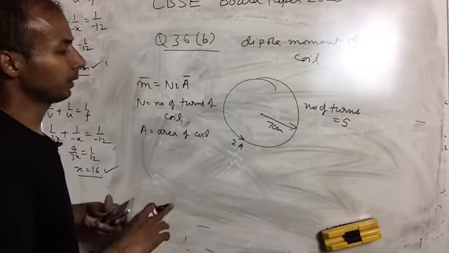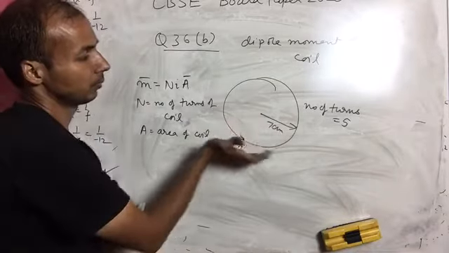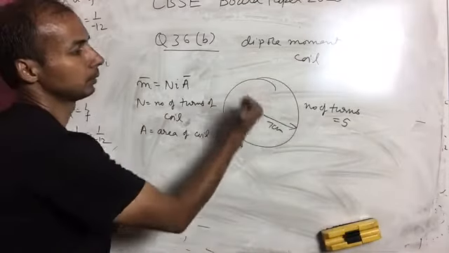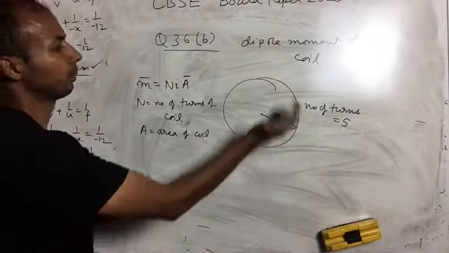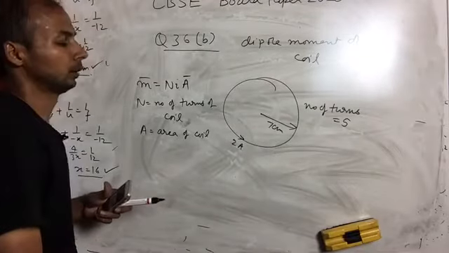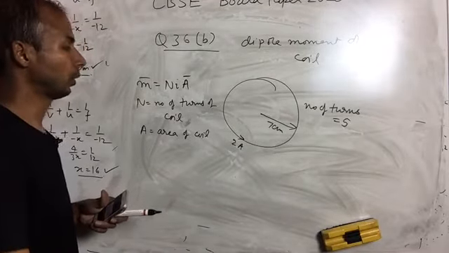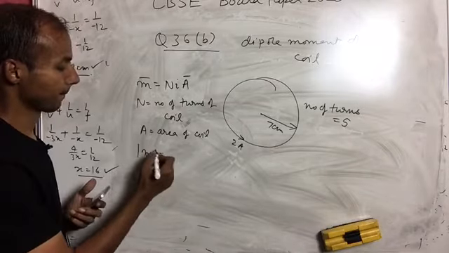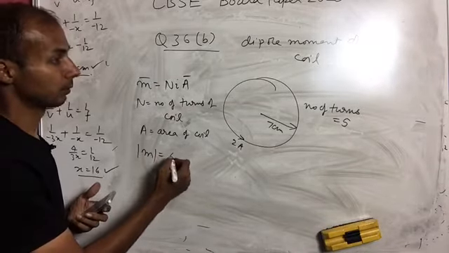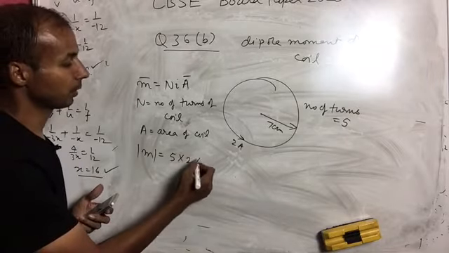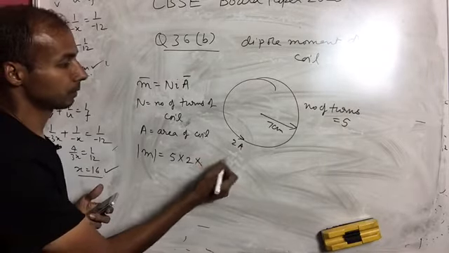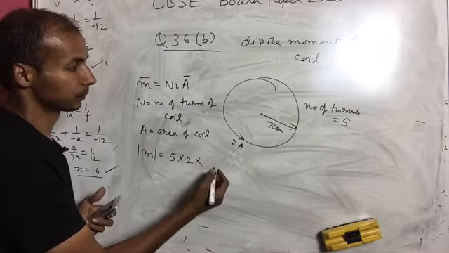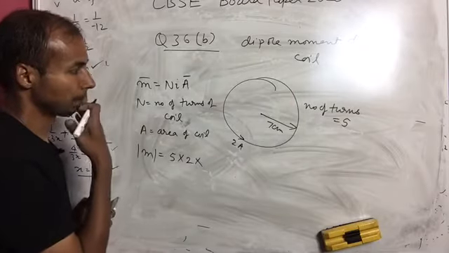Okay, now area vector, if the current is in this direction, by thumb rule area vector will be coming outwards. So the direction of the dipole moment will be perpendicular to the plane of the coil, and the magnitude of the dipole moment will be how much? N, which is 5 turns, I, which is 2 ampere, and radius, which is 7 centimeters को मीटर में कन्वर्ट करने से 7 into 10 power minus 2, तो